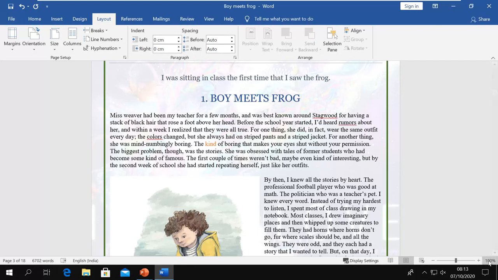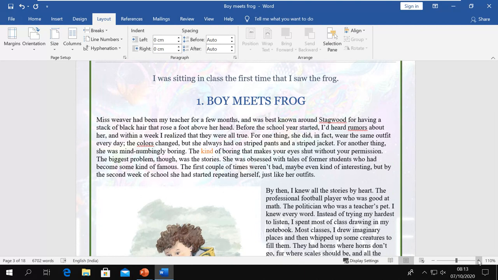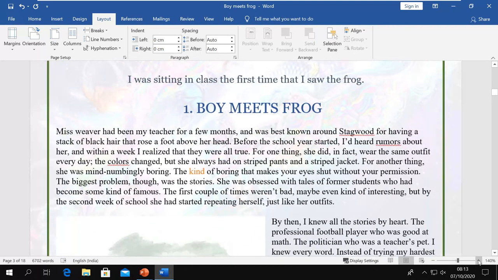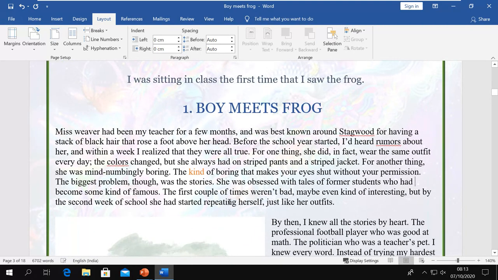This is because, let me zoom in here. That is because here if you see this line is small. Now why? Because after this word "had", the next word is "become". Now this word is not able to fit into this line. So automatically it will start from the new line.